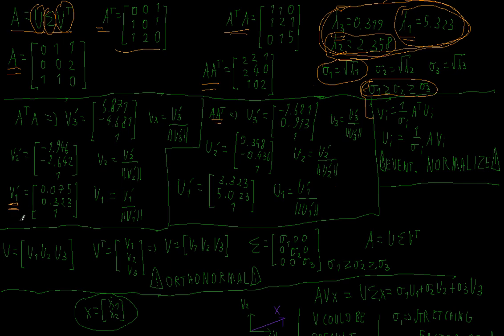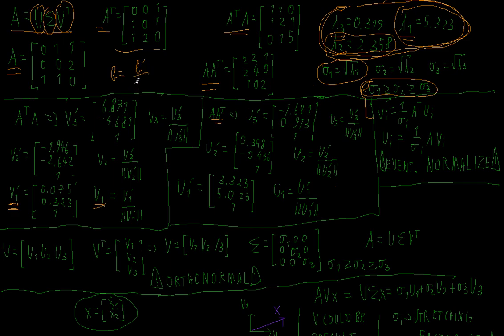So V sub 1 prime, prime because it is not normalized, is equal to 0.075, 0.323, and 1. And now we will normalize it. So V sub 1 will be V sub 1 prime divided by its norm. Just remember, a vector is said to be normalized if you take your vector